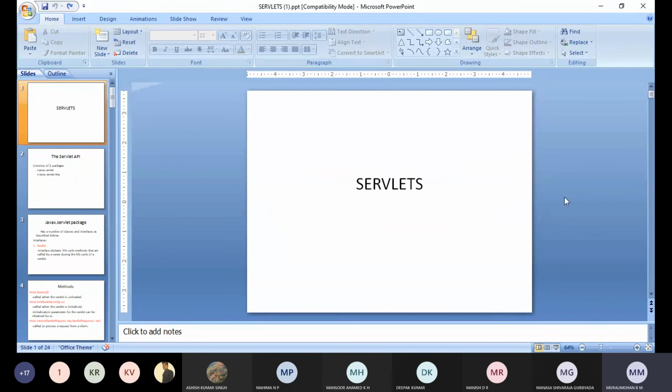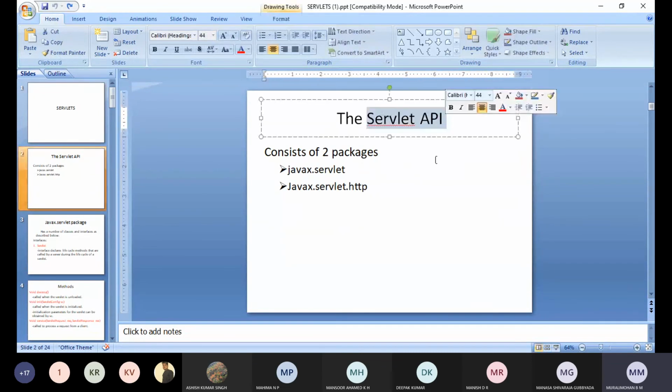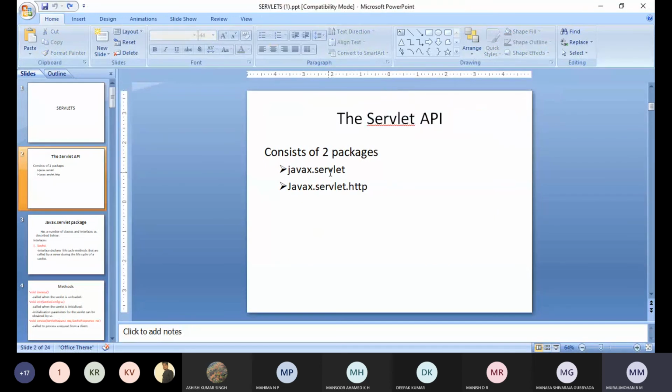Kindly remember, whatever classes and interfaces we discussed till now are all inside this servlet API, which consists of two packages: javax.servlet and javax.servlet.http. Please go through them to see what classes and interfaces we have inside these packages. In the next class we will learn how to write a simple servlet and how to execute it.